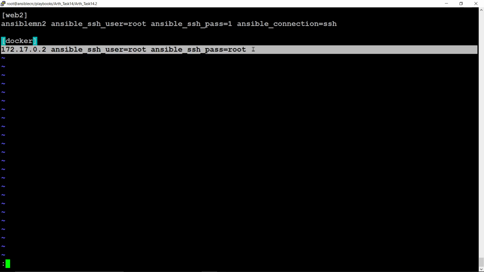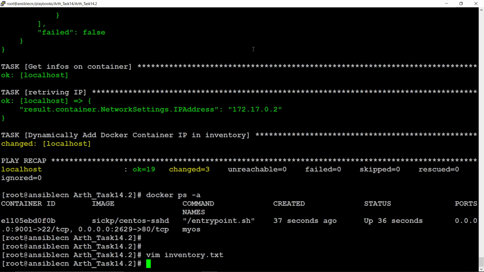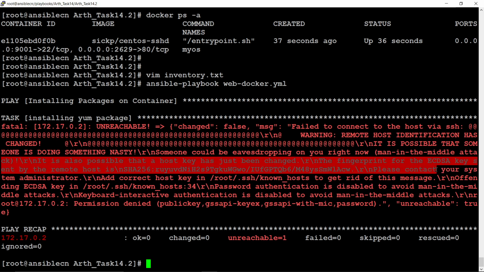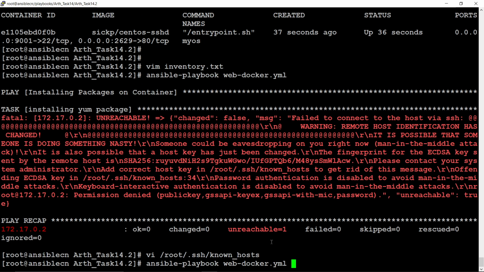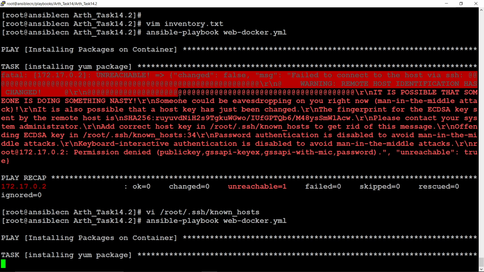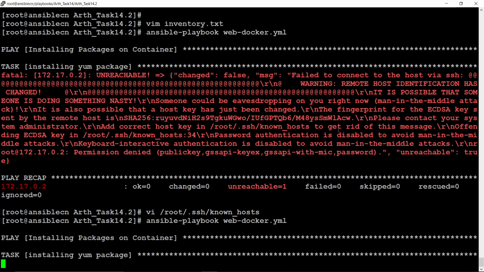So let's run the playbook. Actually some SSH key has been changed, so let me fix this. Some key has been changed in this location, so we have to remove the key which has been pasted.